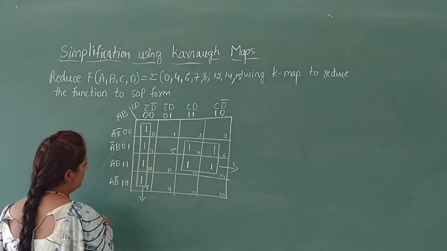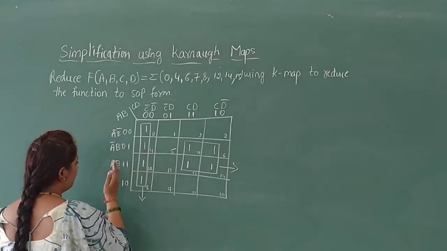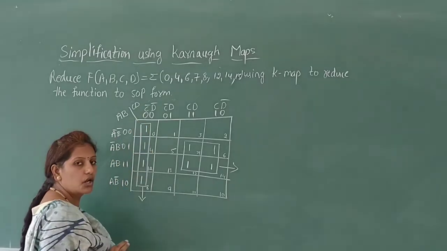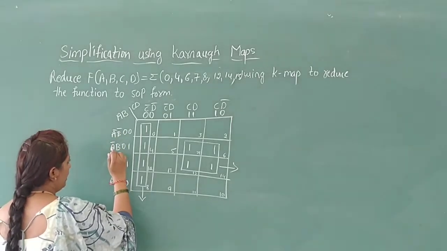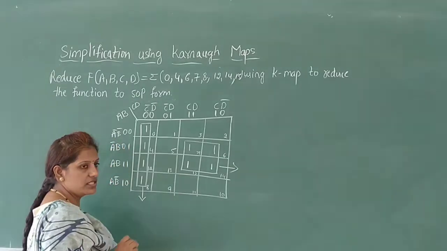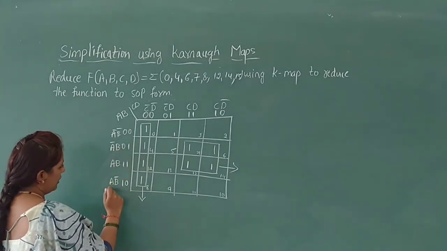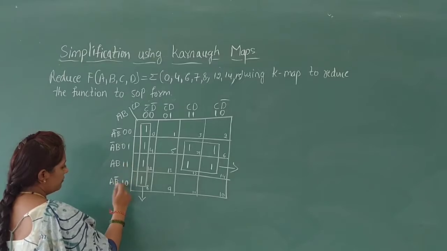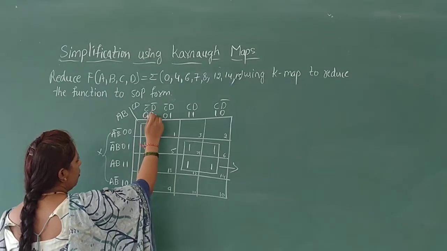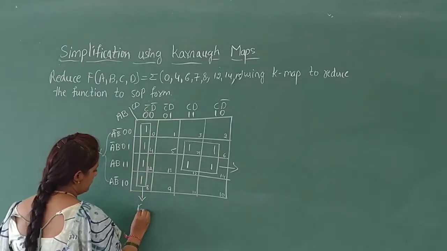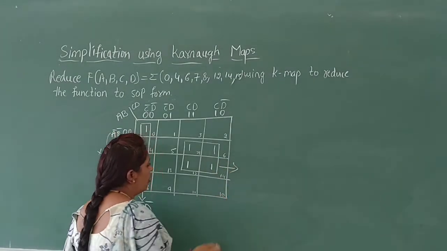For this quad, the minterm value is: these values are formed in 4 rows but in a single column, and these row values are removed because each variable A and B changes from complemented to uncomplemented. Here A bar A, B bar B. Therefore, all these values are removed and only the column value, that is C bar D bar, is taken as the minterm value.